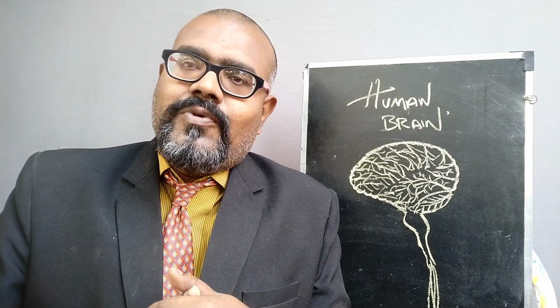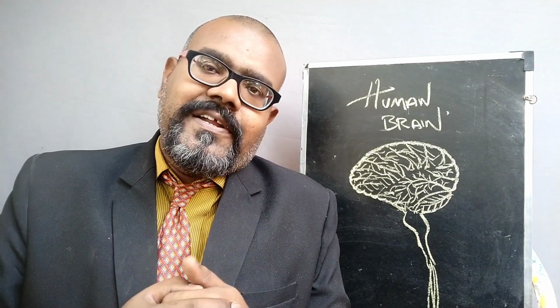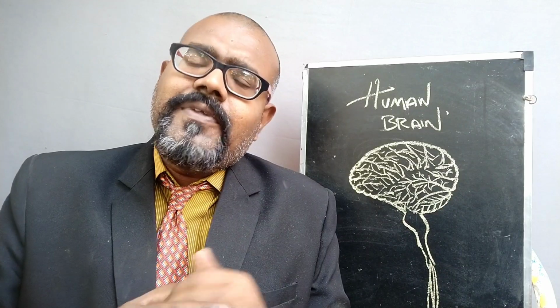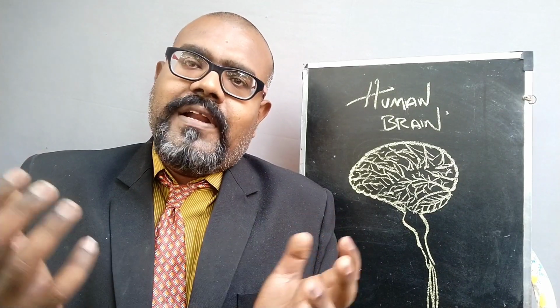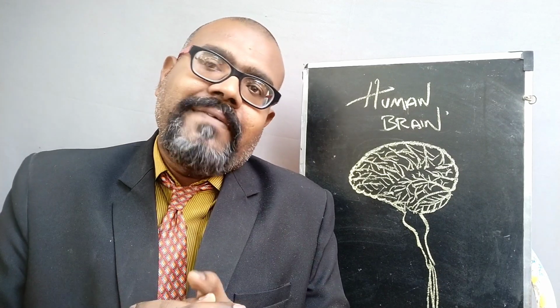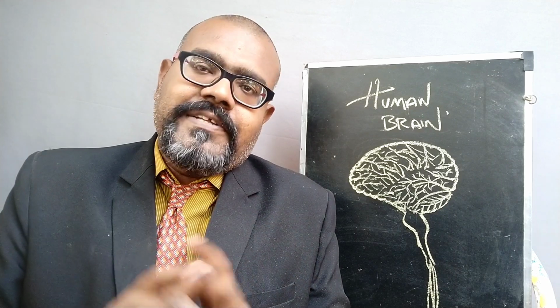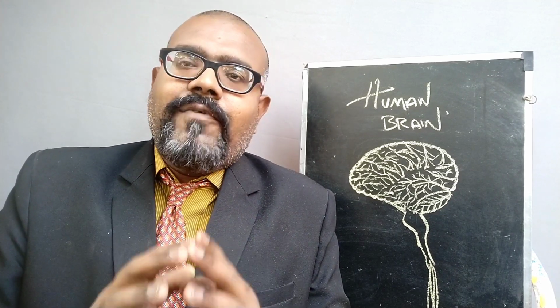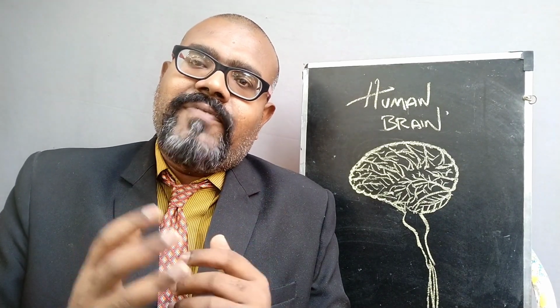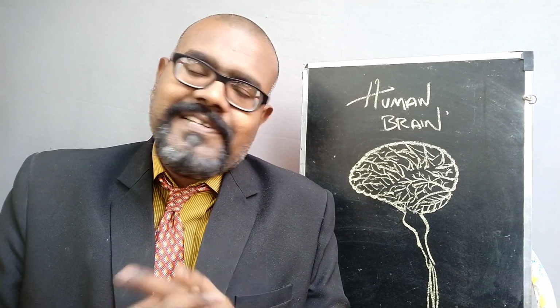Today we are just going to discuss the external anatomy of the human brain. Yesterday we started the unit called the central nervous system. In that we covered the different types of central nervous systems and the facts of the human brain. In this class we are going to see the external anatomy of the human brain, its external structure, all the parts available, and the functions of each of the different external parts. Come, let's start the class now.